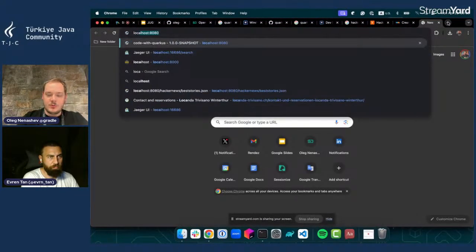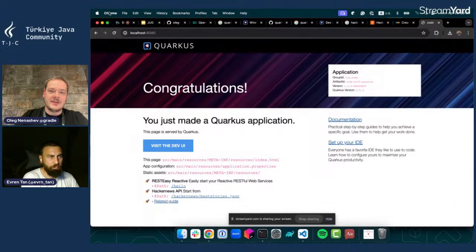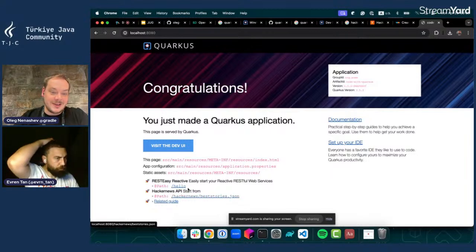So if I go to localhost 8080, this is an application that is provisioned by Quarkus. You can see that it's basically the Quarkus Hello World starter setup. I haven't bothered creating a UI. If you take a demo for Spring Boot, etc., we have a similar demo. There we have a fancy UI created together with the Testcontainers team, with Oleg Live. But here, I just go to this API,